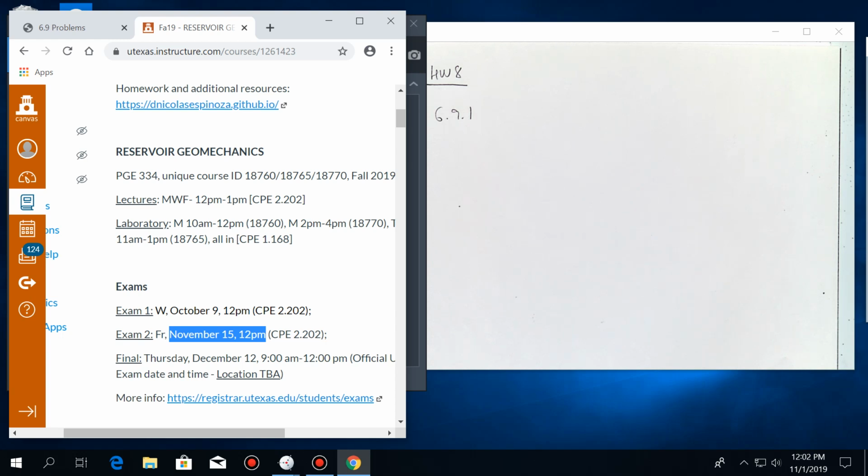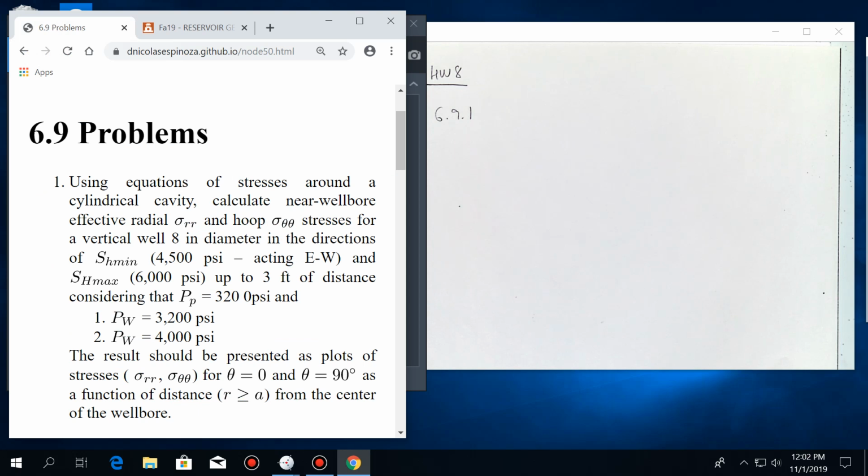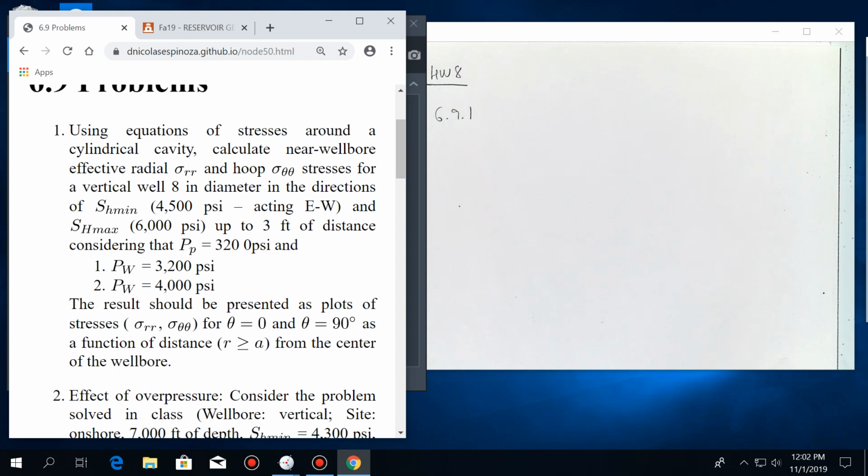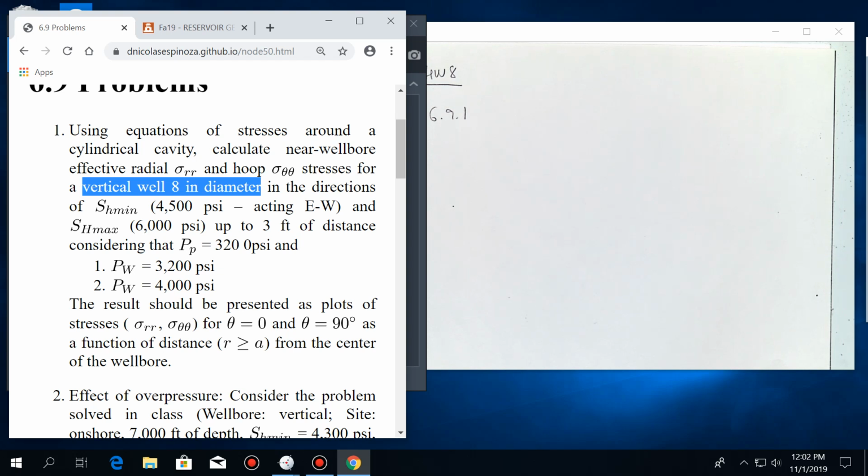know in advance. Okay, so let's talk about problem 691. Problem 691 requires the use of the Kirsch equation in order to tell what are the stresses around a wellbore. And basically, as you see in the problem statement, you have a vertical wellbore with 8 inches diameter, and if it's a vertical wellbore, we're going to look at the cross section of the wellbore, in which, let